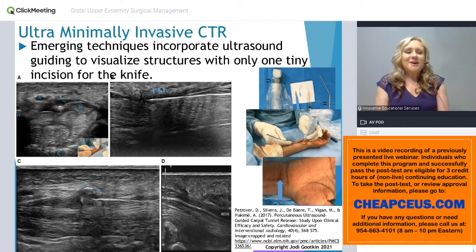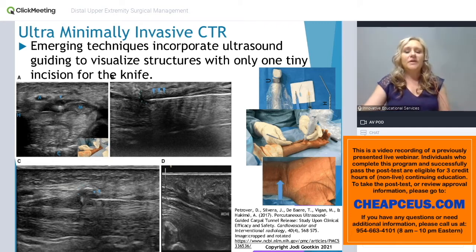Because that wasn't enough, the ultra minimally invasive carpal tunnel release procedure has been developed. And this, to me, anatomically, makes the most sense. When we think about the carpal tunnel, that flexor retinaculum has different layers to it. If it's deep into the tunnel where there is not enough space, does it make sense to zigzag cut and open everything up? Well, this procedure says, why don't we go in here to the undersurface of that retinaculum and release it